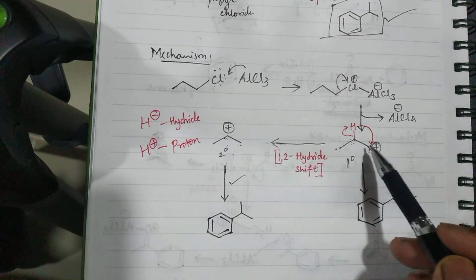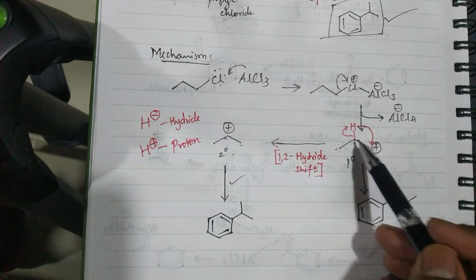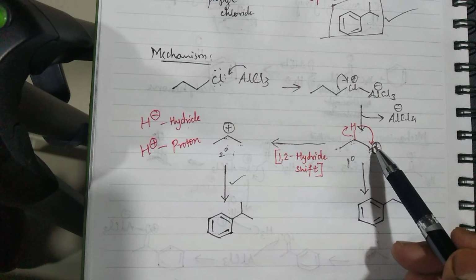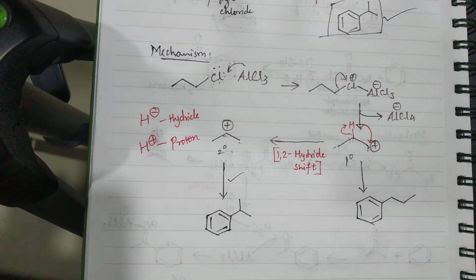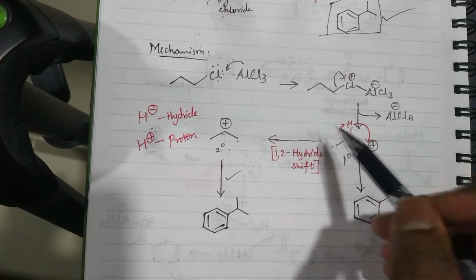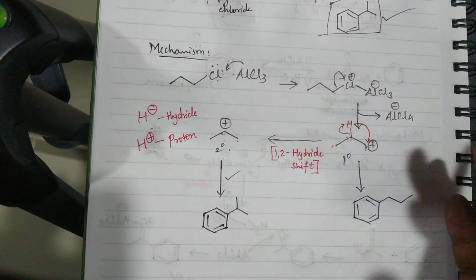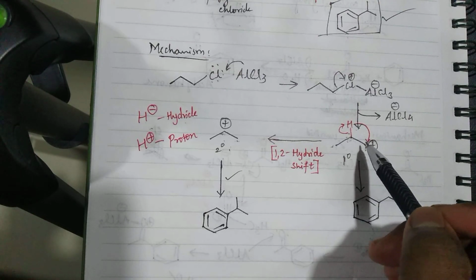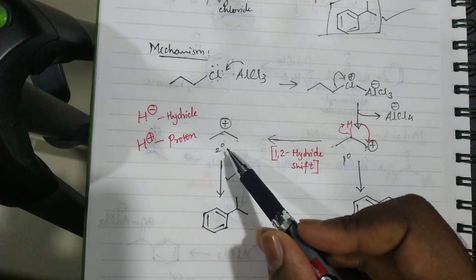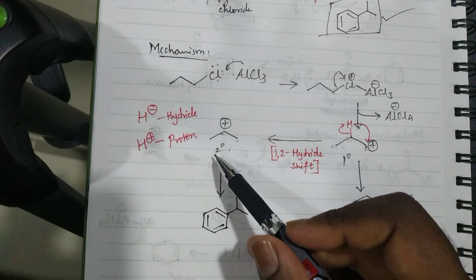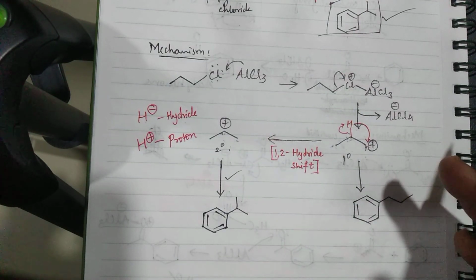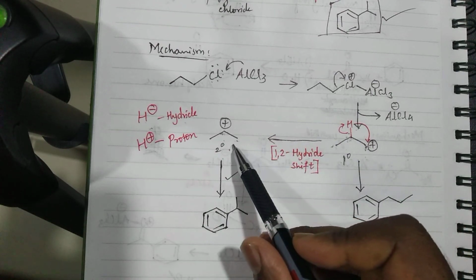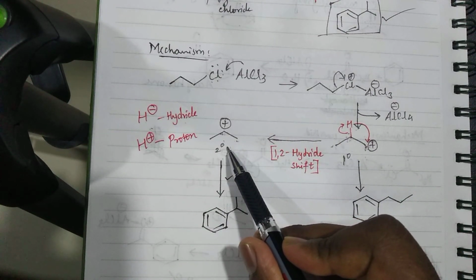So primary is the same, secondary is different than this carbocation which I have drawn here. So I have drawn two carbocations which are possible. For now we are not concerned as to how that has happened. Now if you compare this primary and secondary carbocation, it shouldn't be that difficult for you to identify which carbocation will be stable. It is actually the secondary one which will be stable.